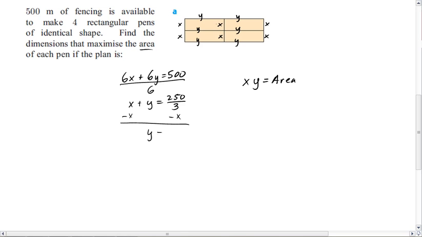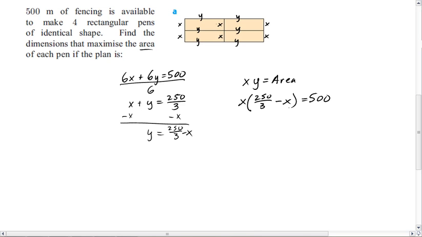And I've got y equals 250 over 3 minus x. We'll go ahead, put that in. So we'll have x times, that's definitely a minus there, sorry about that, times 250 over 3 minus x, so that's our y, right? That's what we had right down here, equals